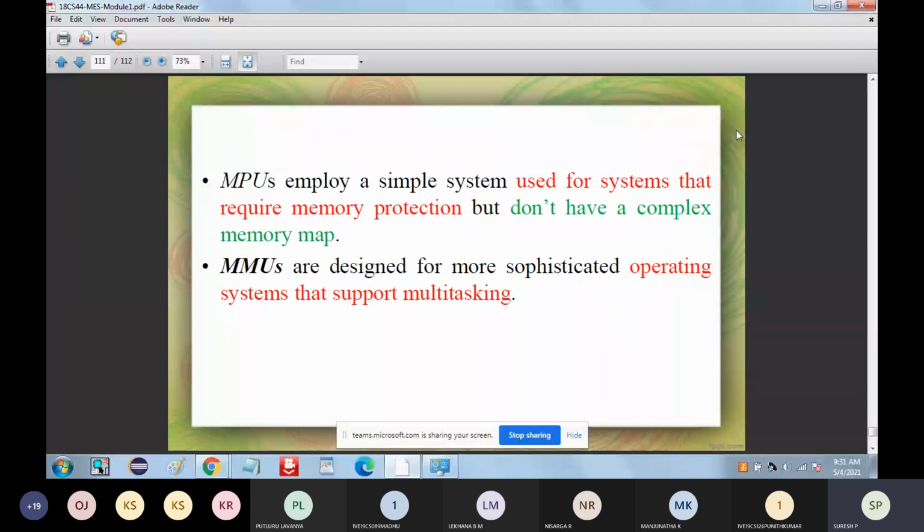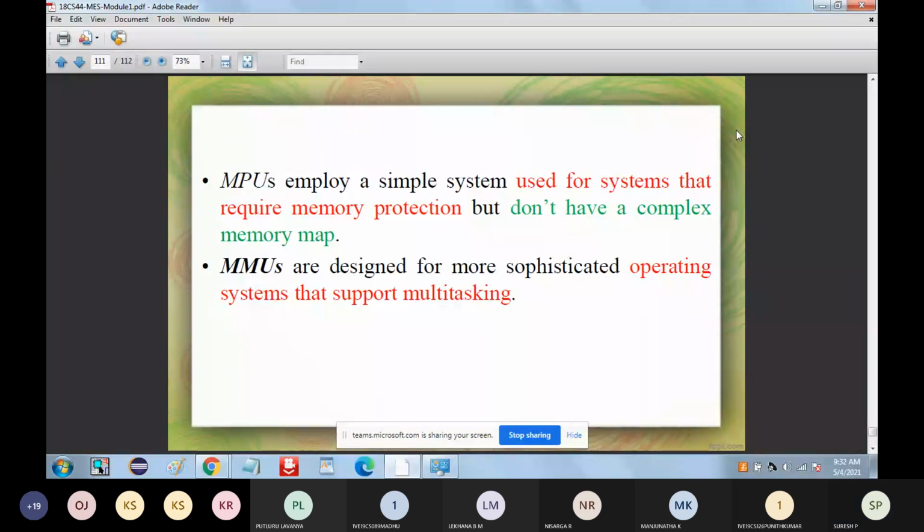your MPUs. So in the MPUs, it is employing a simple system, where you are going to have the limited protection here. So your MPU is the memory protection unit with limited protection. So this particular memory protection unit is going to provide you the limited protection. So where is this particular type of memory used? Since it is providing the simple, limited protection,